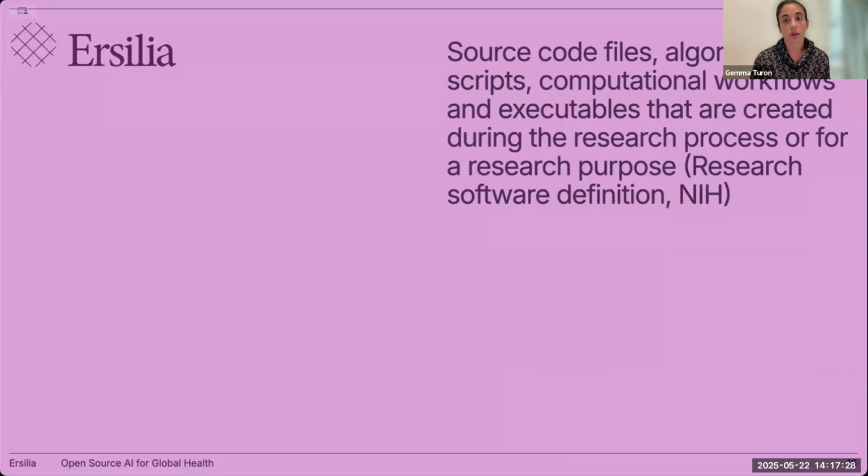It is the source code, files, algorithms, scripts, the computational workflows, the executables, everything that is created during the research project or for a research project. So for example, everything that is in the Ersilia organization GitHub repository is considered research software because everything is done with a research purpose and it's mostly just code, workflows, and executable files.